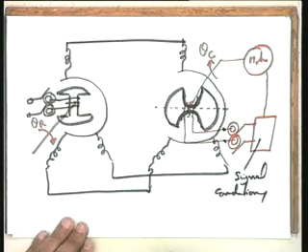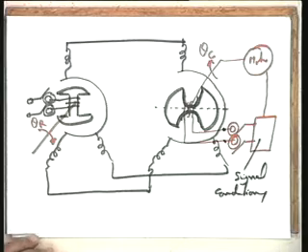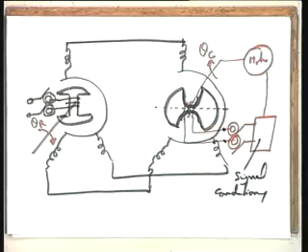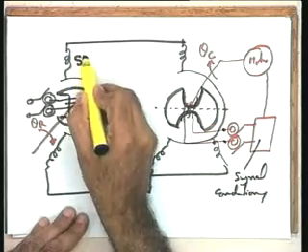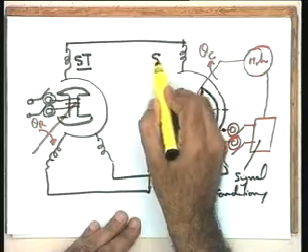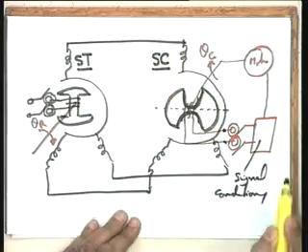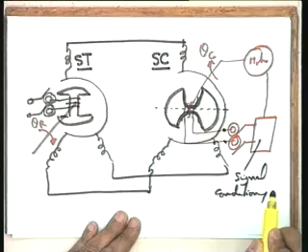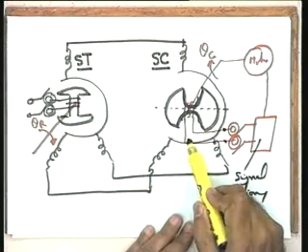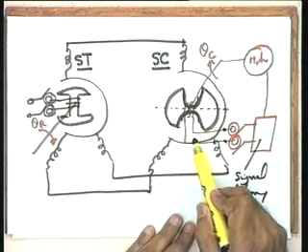Please see, in this particular case, the two units are quite identical, but for the rotor construction. Okay? This particular unit is referred to as a synchro transmitter, and this unit is called a synchro control transformer. This may please be noted: a synchro transmitter here and a synchro control transformer here.